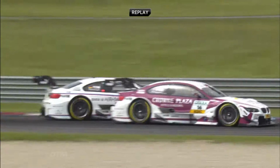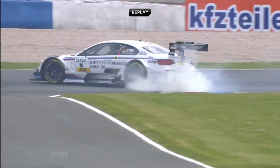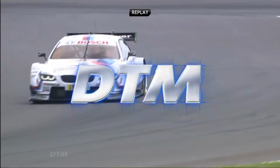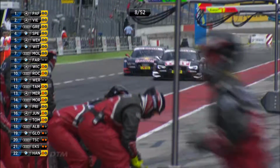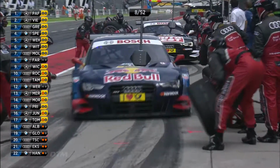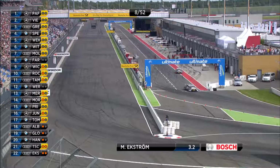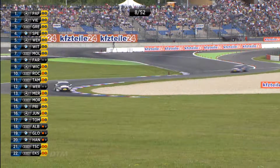Here's Andy Prio, and Tomczyk spins, touches Prio. And not a happy day for Tomczyk. Not a happy day for Prio. Appears he might have a jump start. Here's a couple of more stops then. Scheider and Ekstrom. And off they go. Definitely Ekstrom is going to run a strategy which should take him a long way on